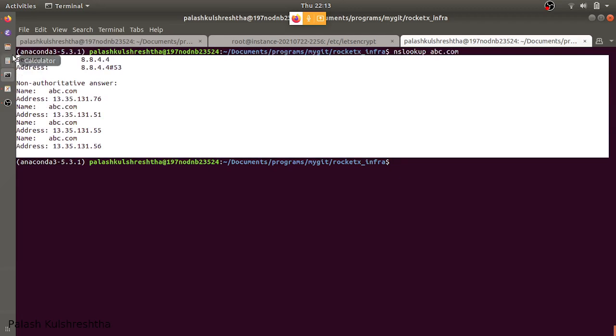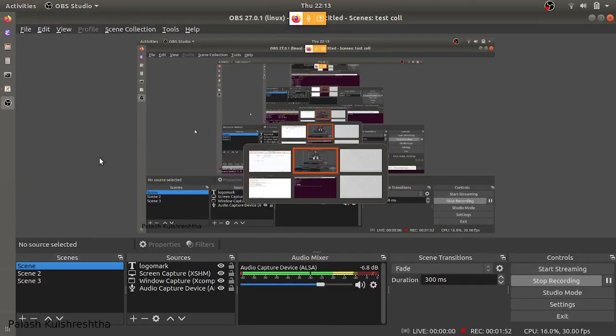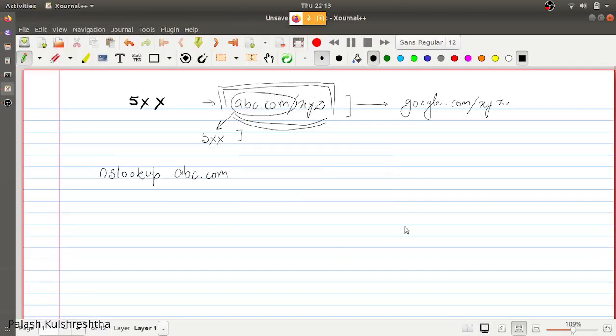Now we know the starting point to look for the servers which are hosting our code serving abc.com. What is the next step? The next step is to find the chain of servers between the IP pointing to abc.com and the actual server.